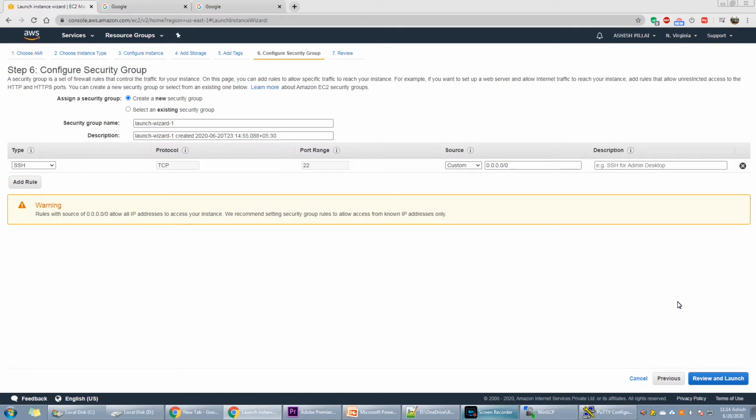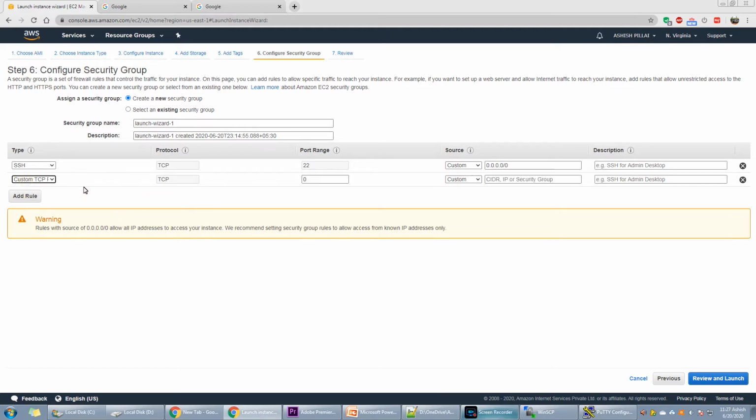So this is the page where we configure the security groups. A security group is nothing but a set of firewall rules that can be used to control the traffic for our instance. On this page we can mention the IP addresses of those servers or clients which can connect to this instance. Either we can add IP addresses here itself, or we will have an option to add them later also. So even if you don't add the IP here, we can add it later.